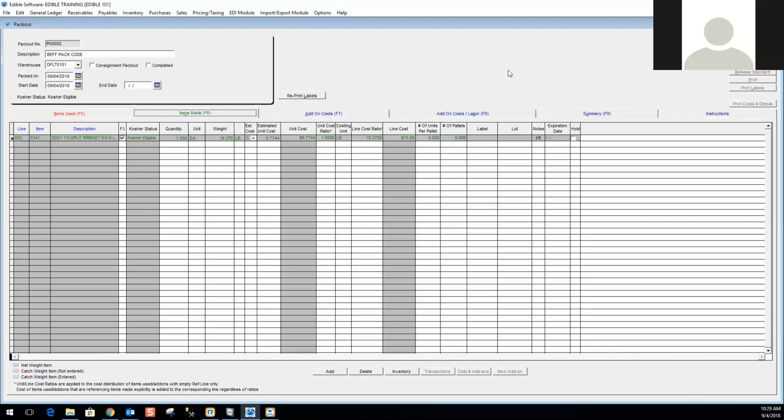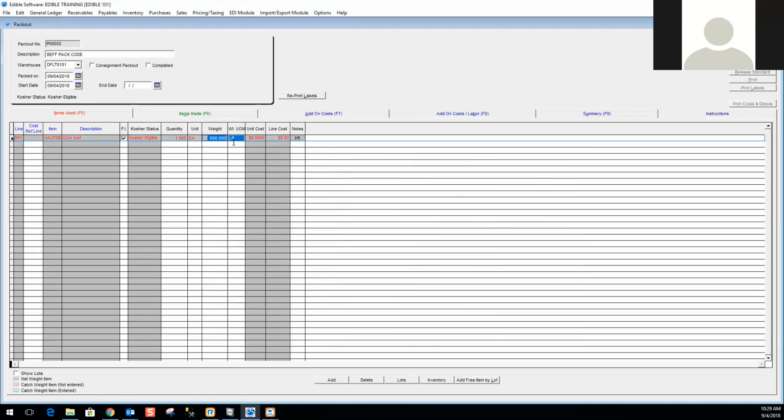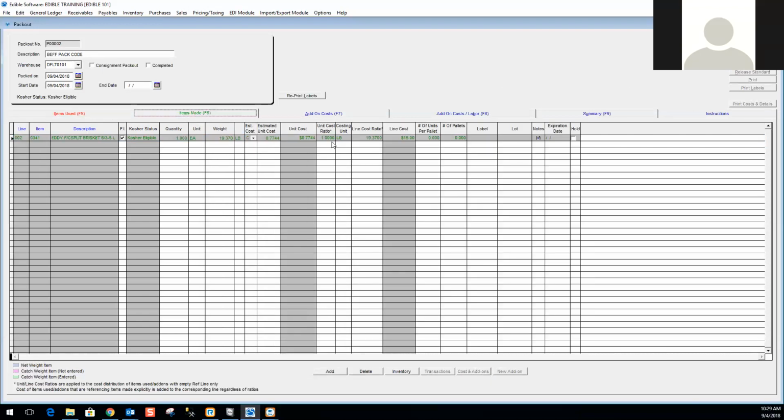I'm going to do everything manually here. But I mostly wanted to show you this one because on the catch weight items, of course, we need to specify the weight. Now the weight is going to come in automatically based on the factor, but you will need to go ahead and change the weight as needed. So here, this is one each, and it is actually going to be,